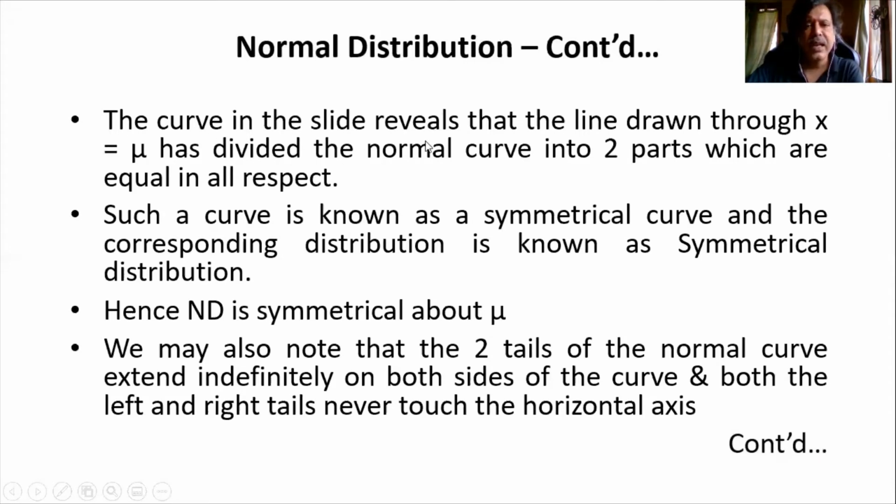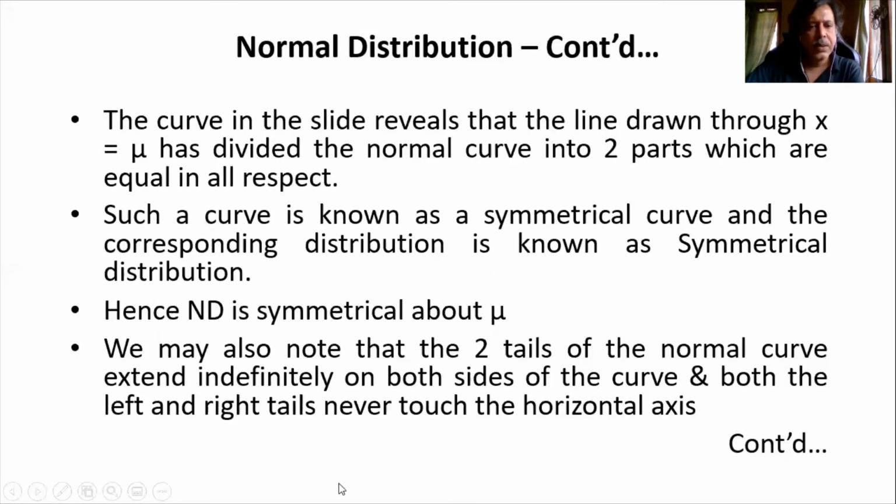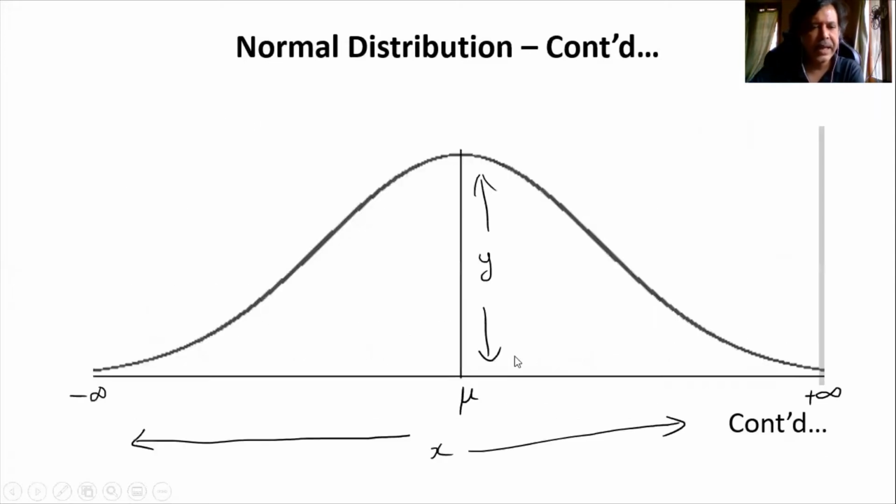The curve in the slide reveals that the line drawn through x equal to mu has divided the normal curve into two parts which are equal in all respects. That is why it is also called a symmetrical distribution, because this is a symmetric curve, symmetric on both sides exactly from the middle. Hence the normal distribution is symmetrical about mu. We may also note that the two tails, what is meant by tail is this tail. This is the left tail. This is the right tail. These two tails,